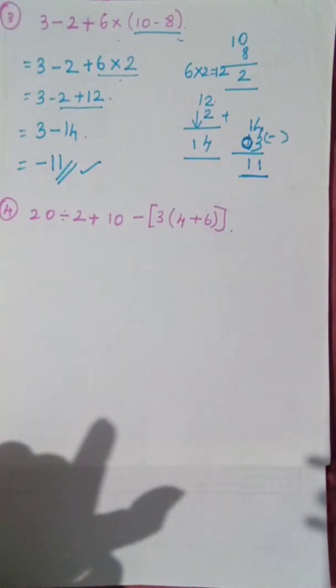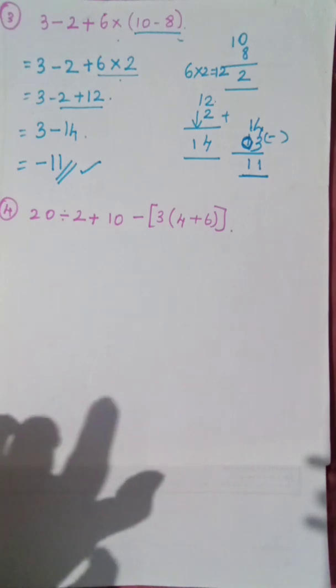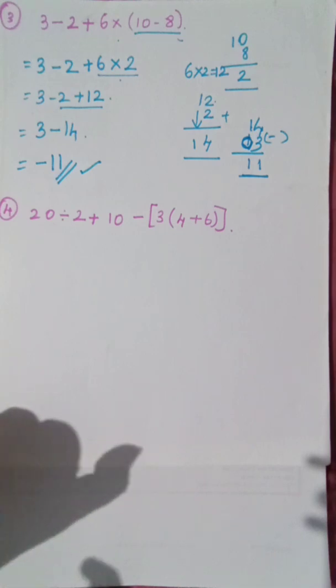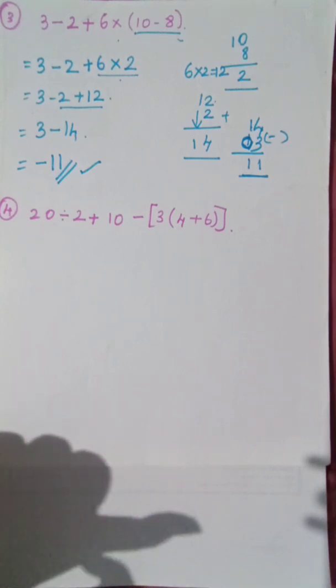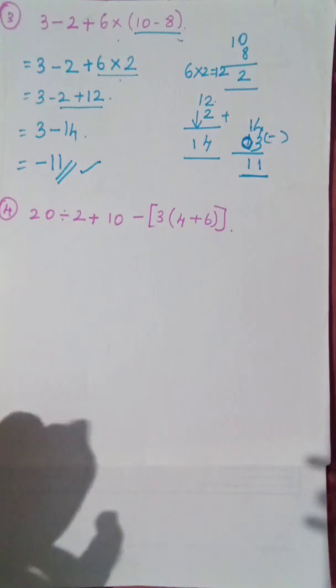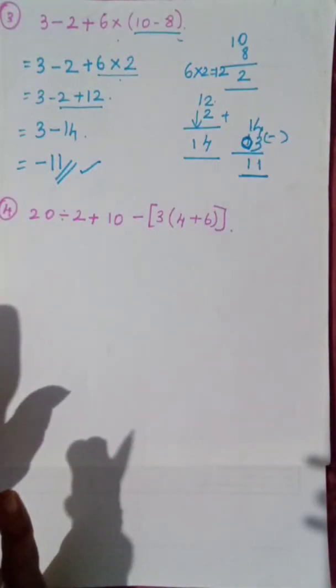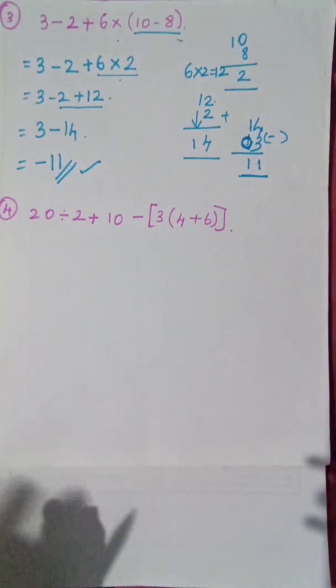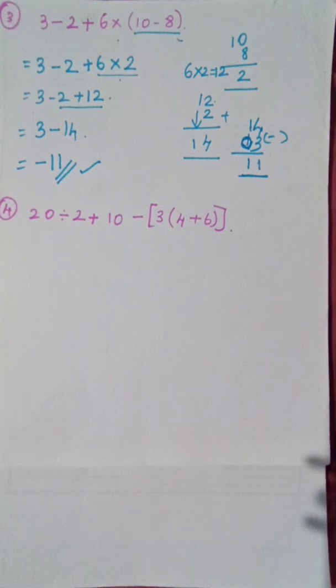You have to simplify. First, you have to see what is given in the rule. Bracket. Okay, and if there is a bracket in the question, we have to look at it. If it is there, you have to solve that bracket first. Whatever operation can be inside the bracket, addition, subtraction, any operation, that is not a matter. So if there is a bracket, you have to do it. Okay, that is done. After that, what is next? Division. So if there is a division operation given, you have to do it. If they didn't give it, you have to move to the next operation, that is multiplication. Likewise, you have to do addition and subtraction too.